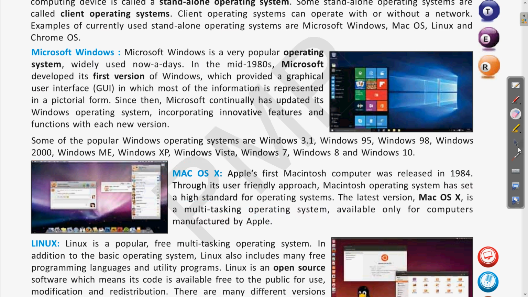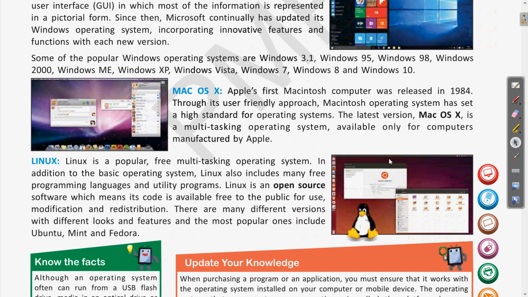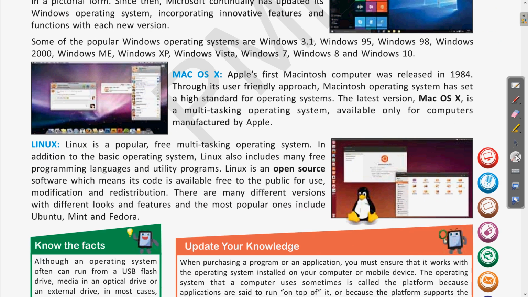Then the next is Linux operating system. As we were talking earlier about open source, in the same way, Linux is a popular free multitasking operating system, and in addition to the basic operating system, Linux also includes many free programming languages and utility programs.